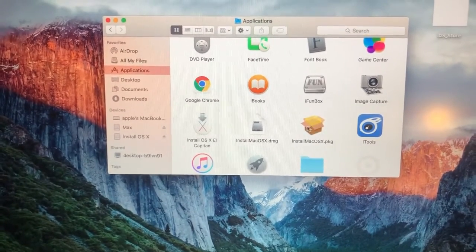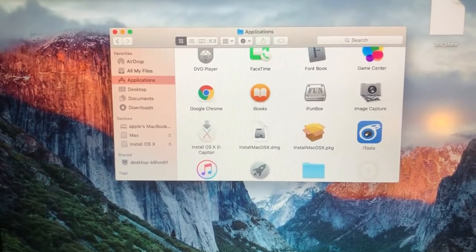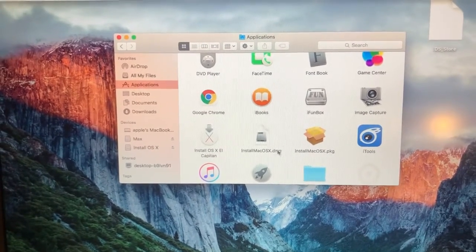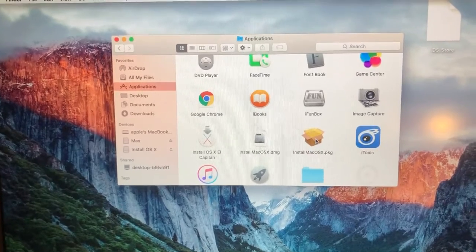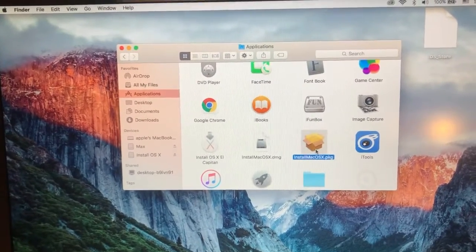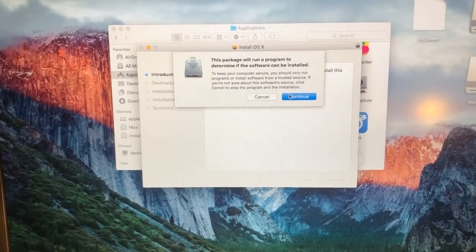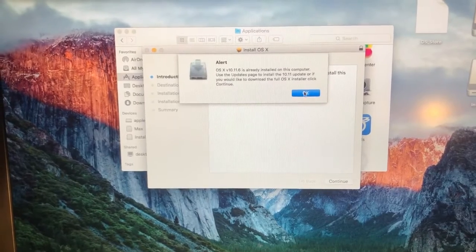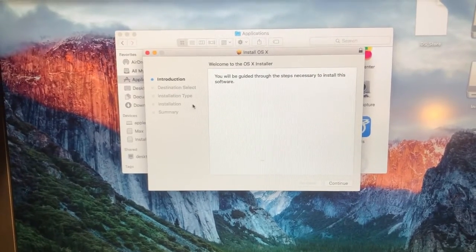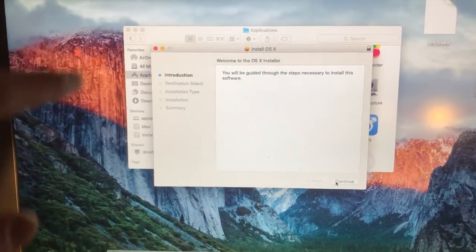So after you just download from Apple this DMG file, you will open it and find this file here. Just tap on this file and you will see the installation here. Just tap on continue, choose your destination, select, and continue. Follow all the steps, and it will